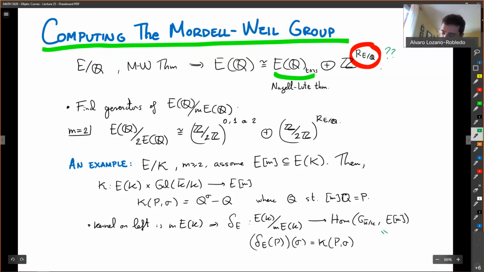This is the 1st Galois cohomology group of E[M], because the action on M torsion is trivial. Okay,